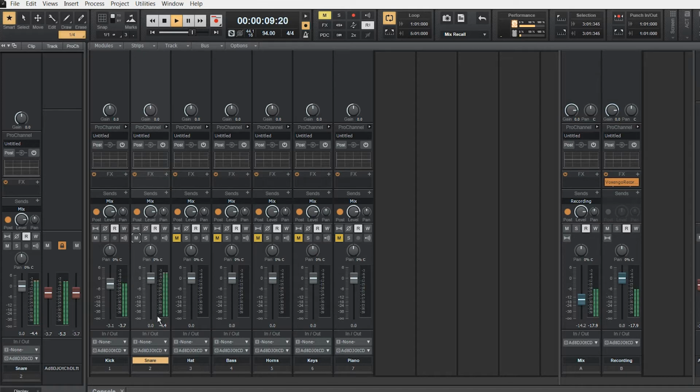Now there's the snare. You can see the snare is going into the red, so I'm trying to get that out. And then the hat. Now the hat's a little loud for this, so I'm going to bring it down. Then my bass.